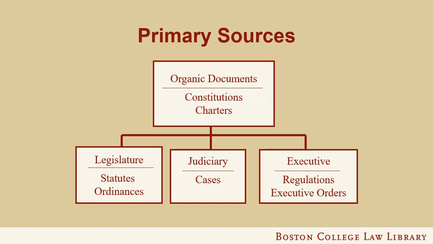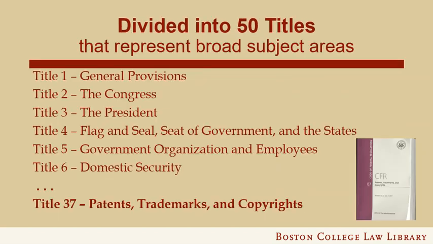They are a type of primary legal authority and as such need to be included in your search for binding primary legal authority. The Code of Federal Regulations is the topical arrangement of all the federal rules and regulations currently in effect. The CFR is divided into 50 titles that represent broad subject areas ranging from agriculture to wildlife and